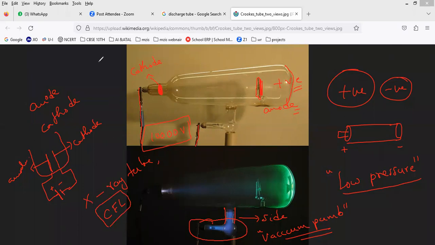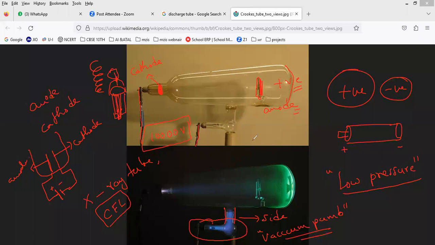Compact fluorescent bulbs. White bulbs, like these rings, or else like a tube in a tube. Have you noticed that the bulb will be like this? Yes, sir. So that is what we used to call discharge tubes. They will be like this only. So the same thing, we can say, for example,